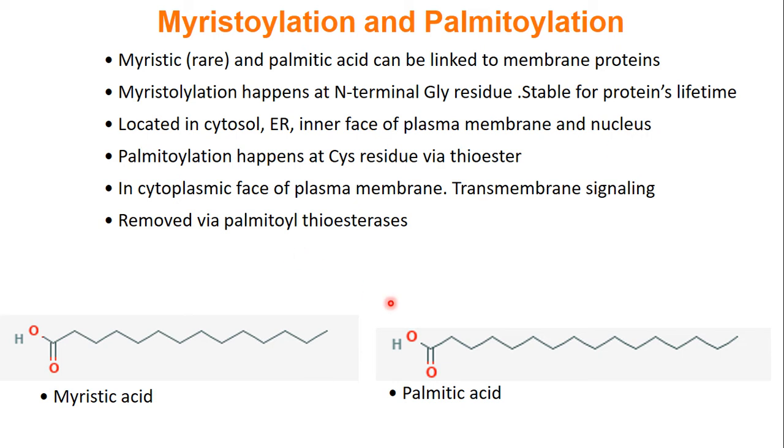Palmitoylation is at Cys residues, and this forms a thioester bond. Again, this is the cytoplasmic face of the plasma membrane, and this is used in signaling. So these proteins that have the palmitic acid can send signals across the membrane. Unlike myristoylation, this doesn't attach for the protein's entire lifetime. The way that you remove it is through palmitoyl thioesterases. So you can cut the palmitic acid and protein linkage,